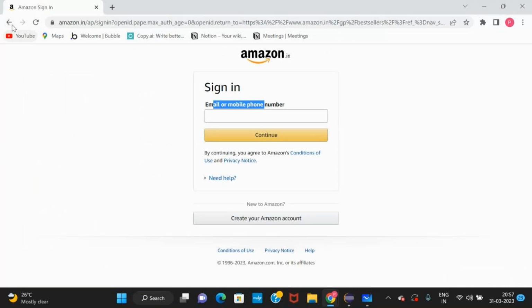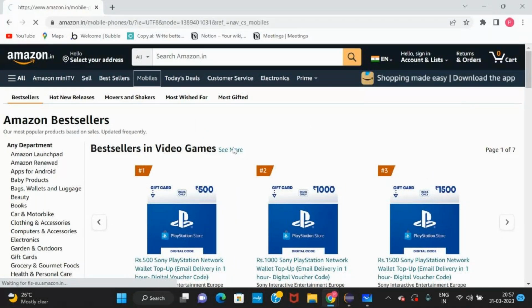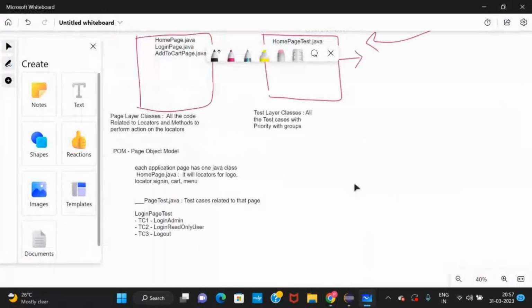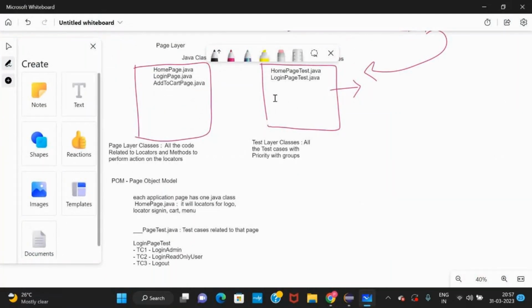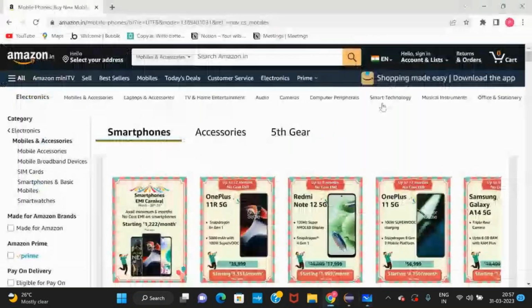The login page is done. For example, you are on a mobiles page. Okay, consider you have MobilesPageTest.java. Now tell me what it will contain. MobilesPageTest.java, what will it contain?